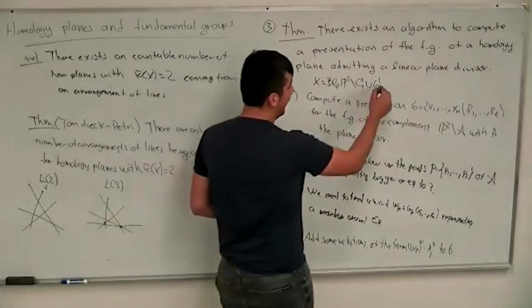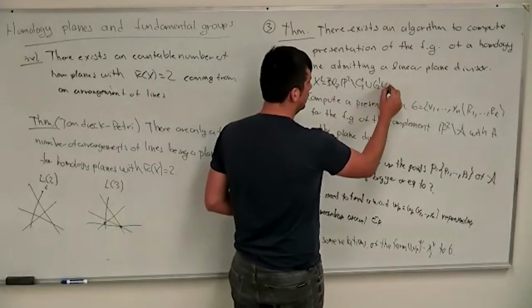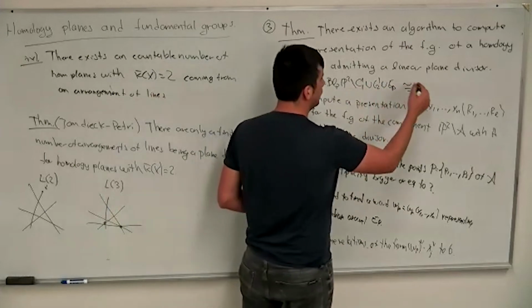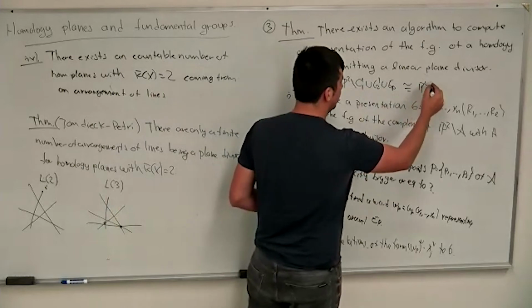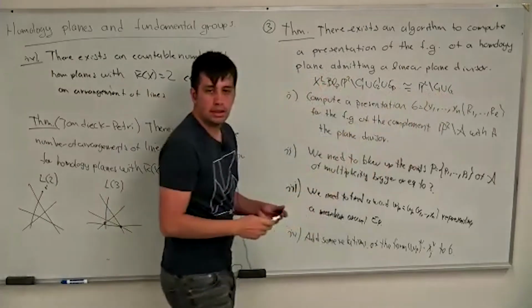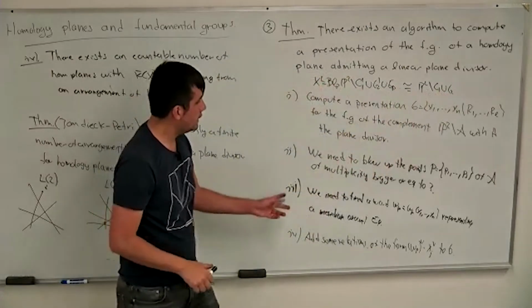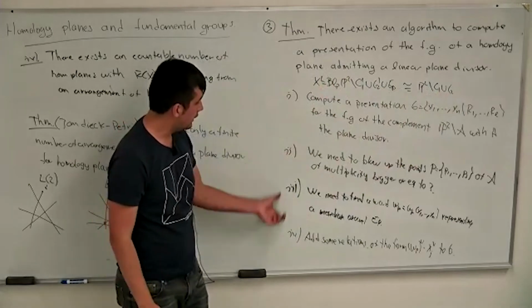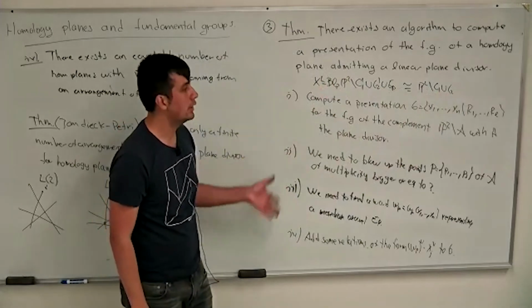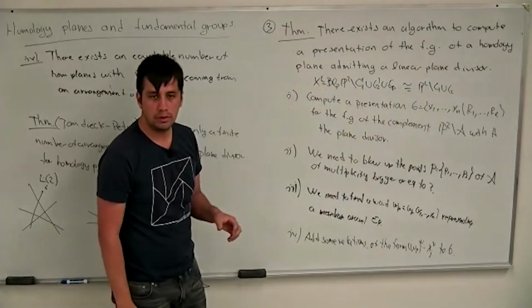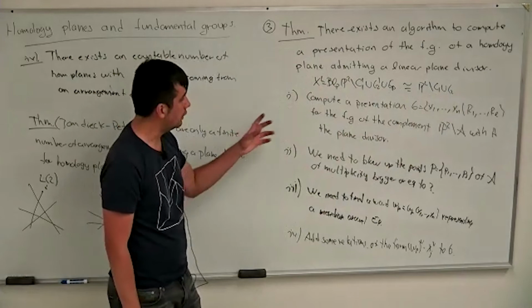If we remove the exceptional divisor, this is isomorphic to the complement in P2 of the hyperplane arrangement. There is some partial compactification, we can call it. So actually this algorithm works more generally, for more general surfaces, not only for homology planes, for some partial compactifications,